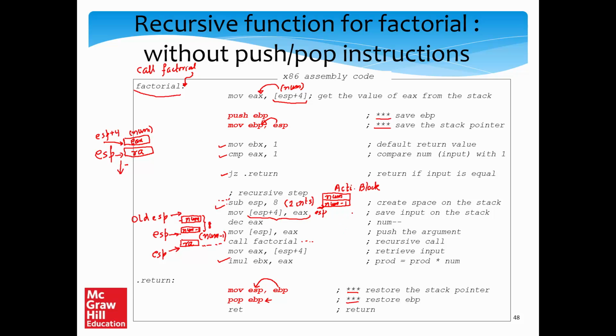Only two things, right? In the activation block, this is a spilled register, and this is an argument for the next function that we are calling. Then we call the next function, it works in exactly the same way. Then we restore EAX